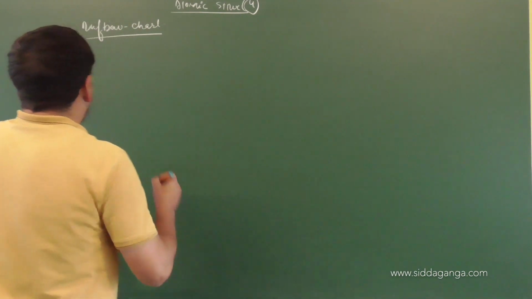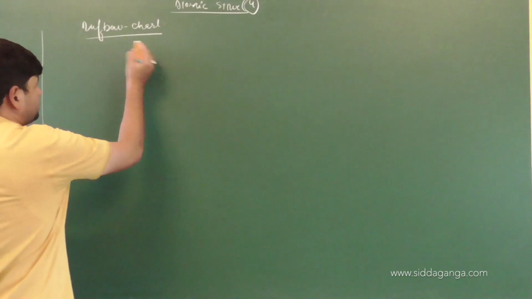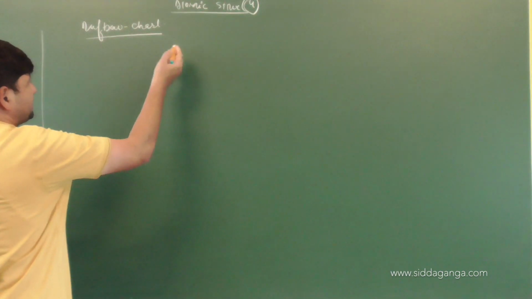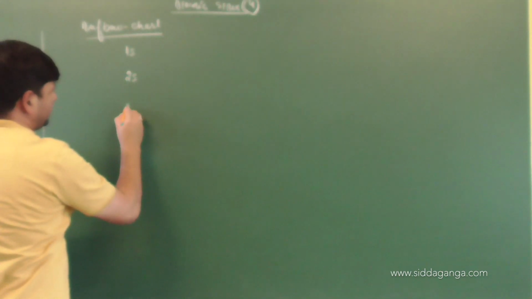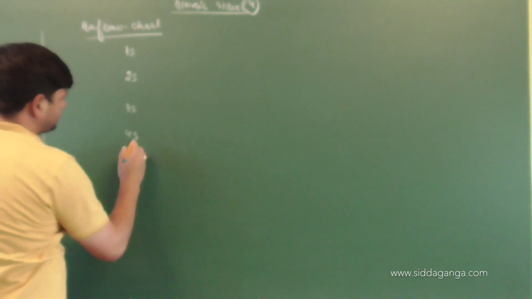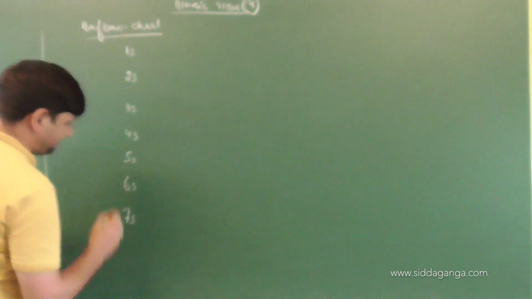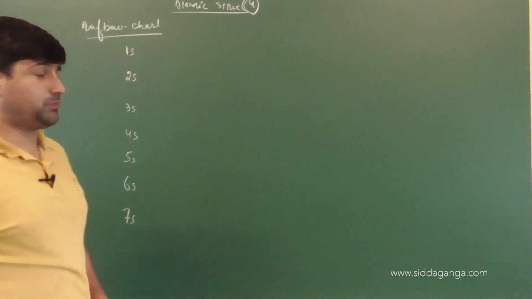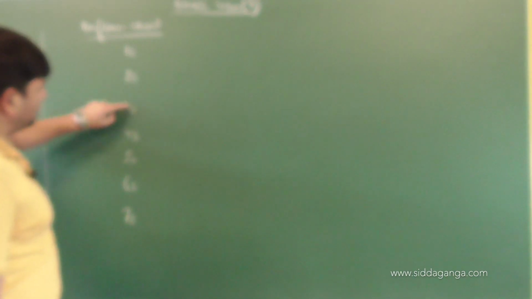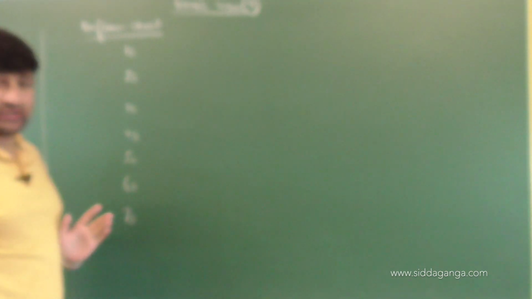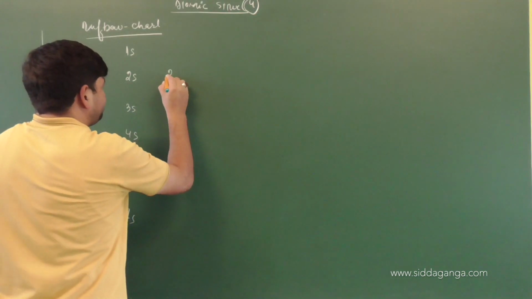Now for the Aufbau chart, what I will do is, as mentioned yesterday, I will write down the different orbitals, that is subshells, which are available to us. That is 1s, then you have 2s, then 3s, then 4s, then 5s, then 6s, and then 7s. I have written all the periods present in the periodic table. So principal quantum number 1 has come, and each principal quantum number will have an s subshell, that also I have mentioned over here. Clear? Then with 2s we have the availability of 2p.